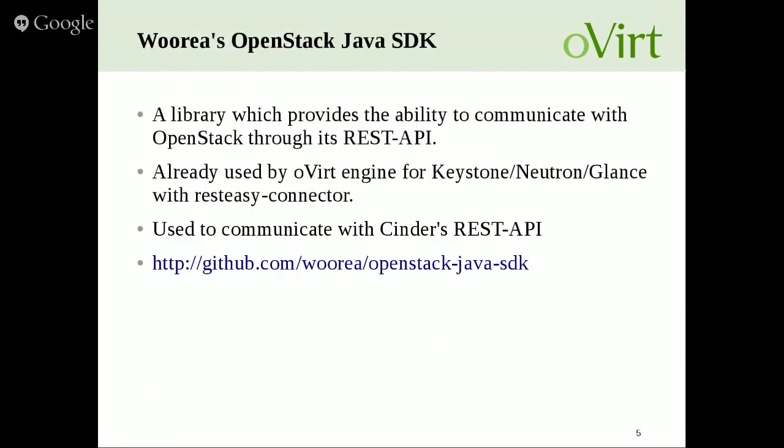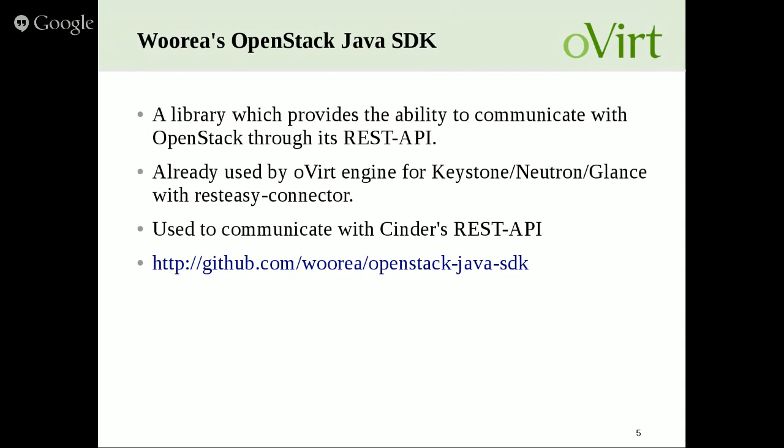Another utility that we used is Urea. Urea is basically an open source project written in Java. It is already used by oVirt Engine as a library to provide easy communication with Keystone, Quantum, and Glance using the RESTEasy connector. Urea was used in this integration to communicate with Cinder's REST API, and you can check the link on GitHub. It is mainly the last one